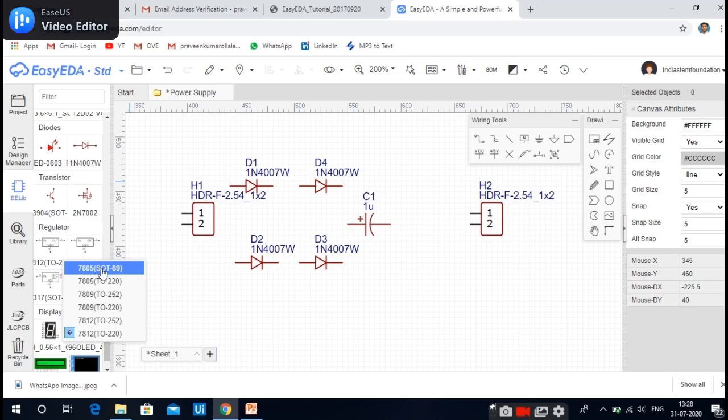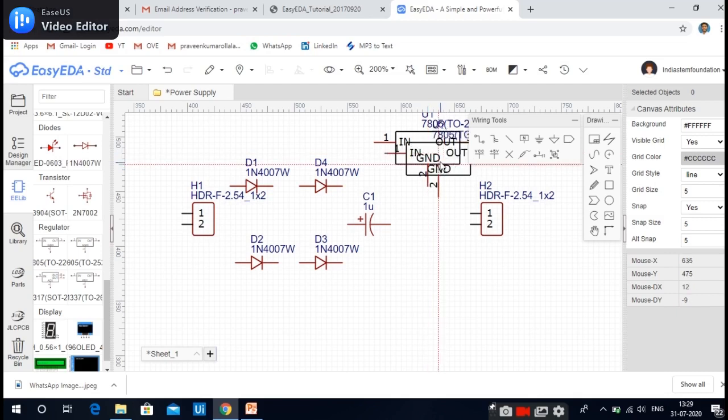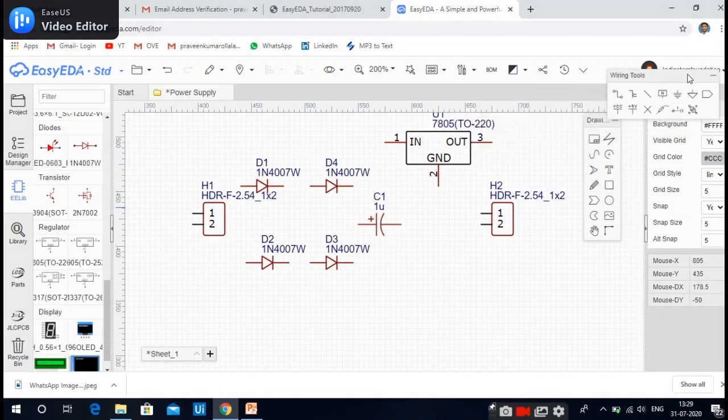This is 7805 220. So I am going to take 7805 only. We can increase the size also. So keep it here.